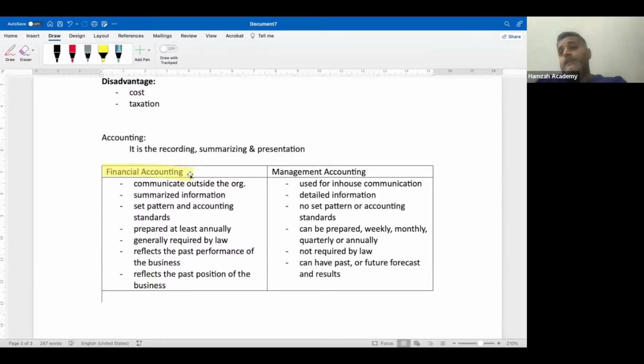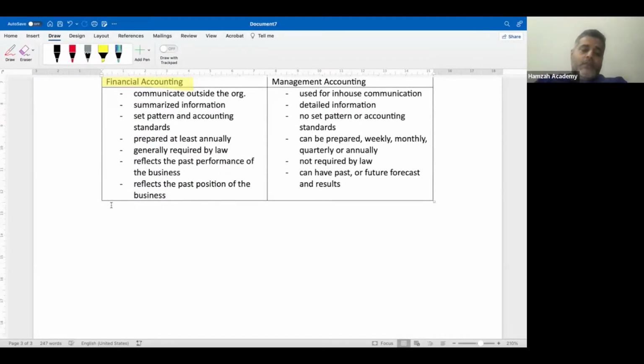And we are going to learn the accounting standards here. We are going to learn the basics, on the basis of which we are going to move forward. Okay. Now, let's talk again about